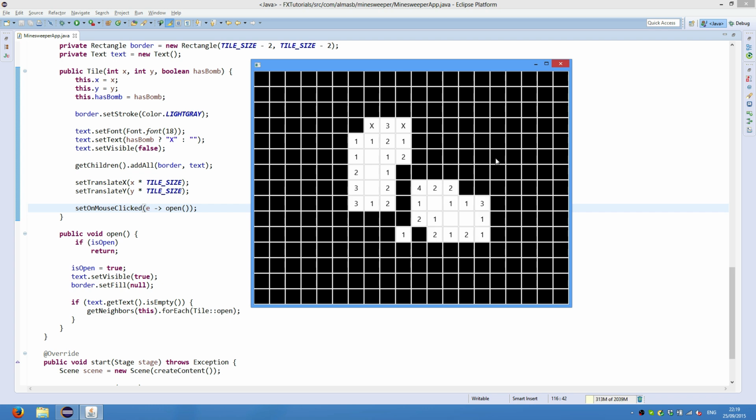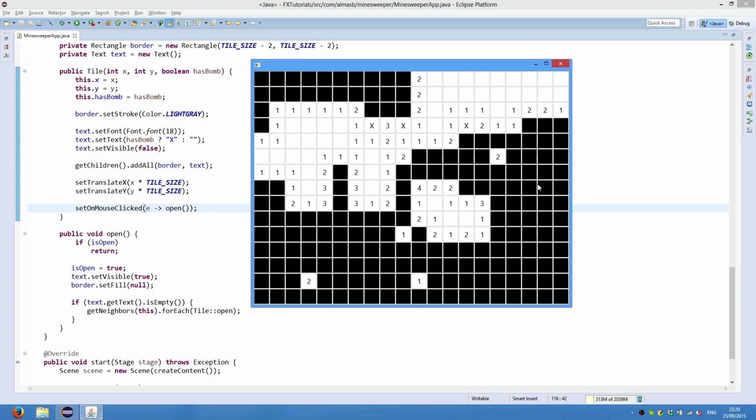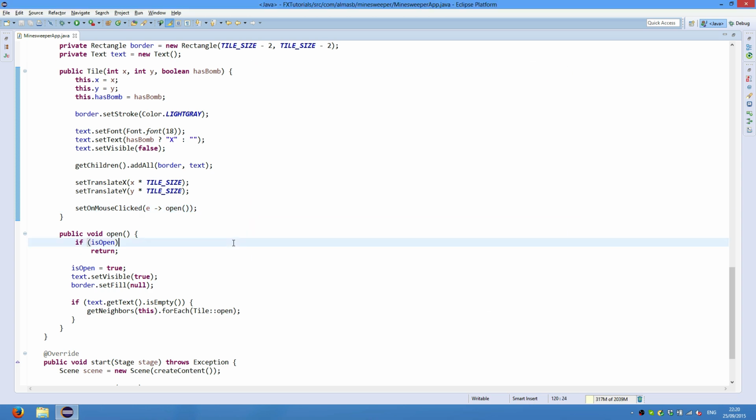And yeah, if you click on a space which has no bombs and adjacent cells also have no bombs, it will recursively open them because there is really no point in hiding them. So because these are open, there should be a bomb here. Yeah, there is. Right, so this appears to be working. Last thing,